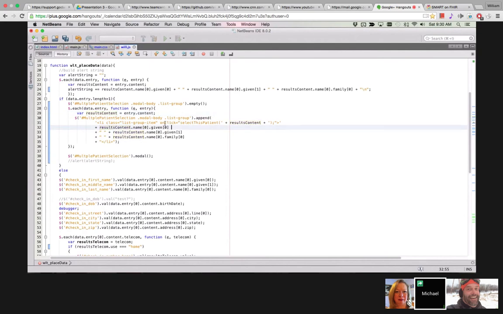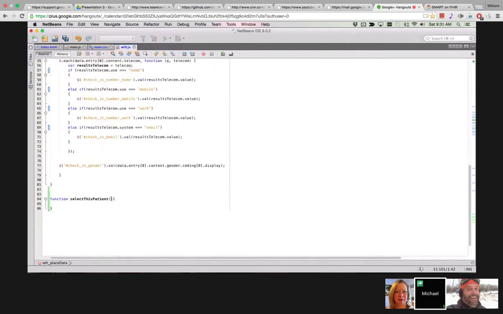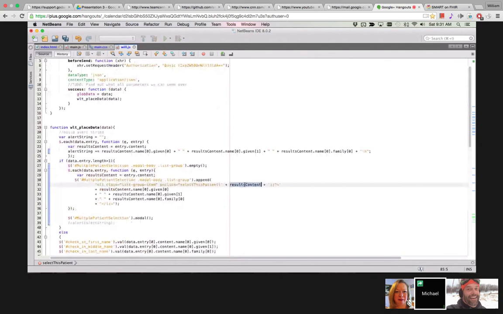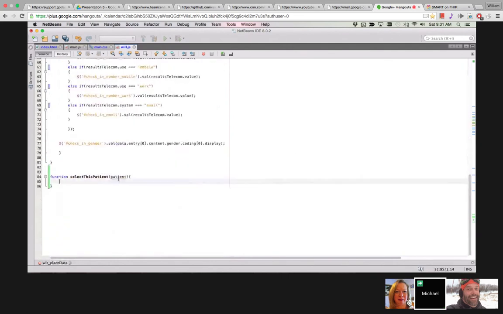So here's our on click inside here. List item. We gave it the name of the function that we were creating, select this patient, and we have one parameter where we're sending in an object. So down here we need to have a name for that parameter. It's going to take that object, and we're going to name it patient in here. Or you know what? Let's just call it the same thing so that it'll be less confusing. All right. And then at this point we're just going to